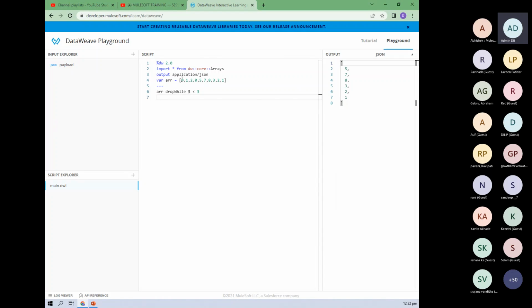Here you can see we have 0, 1, 2, 0, 5, 7, 8. So what is the condition? Dollar. As I mentioned, dollar will represent each array element of this array. So dropWhile will iterate on each element of the array. Let's start from 0. So 0 less than or equal to 3, no. 1 less than or equal to 3, no. 2 less than or equal to 3, no. 0 less than or equal to 3, no. 5 less than or equal to